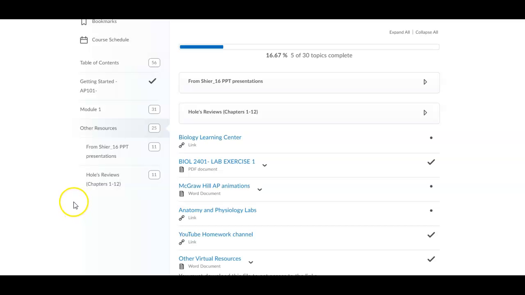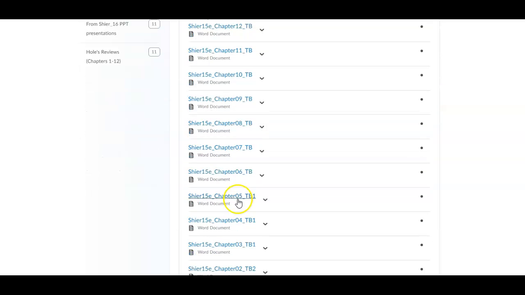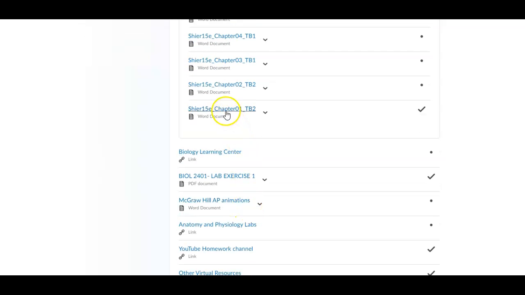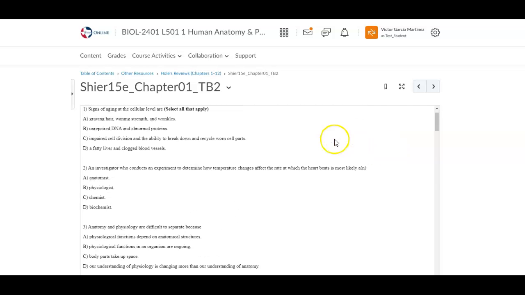Step number 3. In order to solve your chapter reviews, go over all the resources, and then you go over whole reviews. You have here 12 chapters. Remember, for lecture exam number 1, we're going to be regarding chapter number 1 and chapter number 2. Take advantage of this lecture exam because it's really short. It's only 53 questions, most of them multiple choice, and you have to go over every single review here,